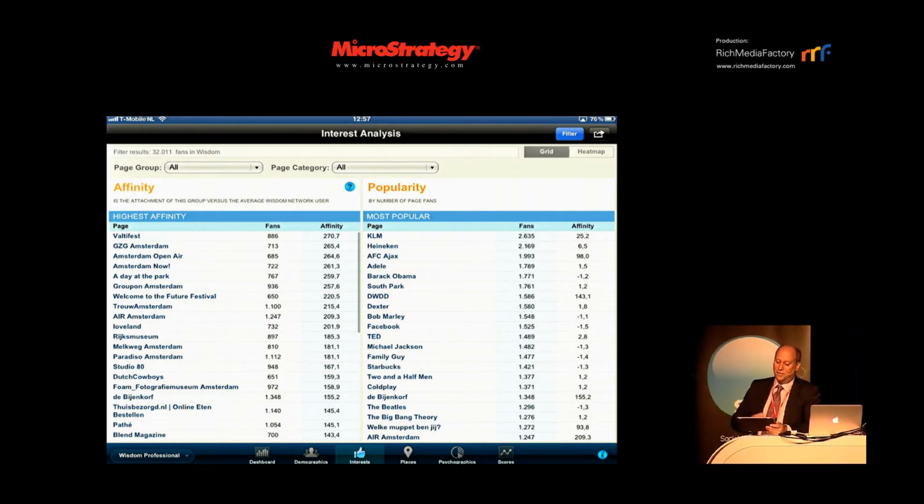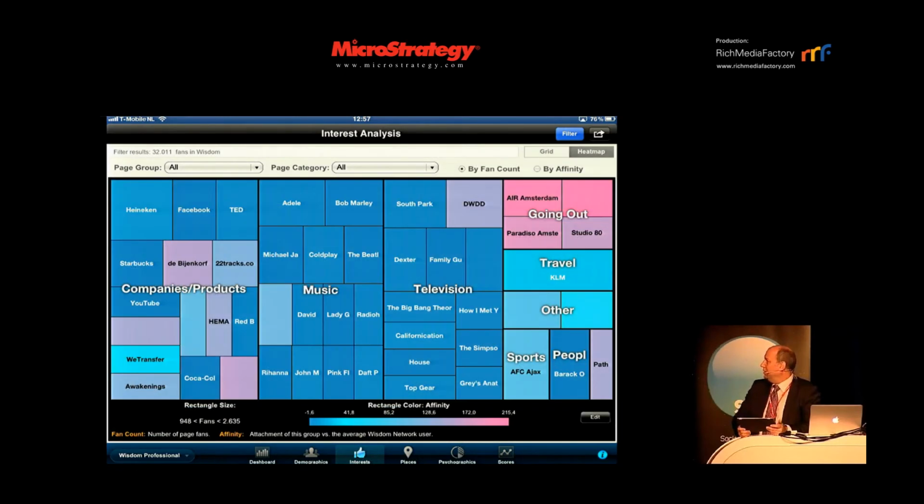So out of all the people in our network, people who like Baltifest, the affinity level is 270 times the rest of the people in the network to like Baltifest. Kind of cool information. This is a view I like. It's called a heat map, brought to us by our own BI platform. So let me get out of Amsterdam, and